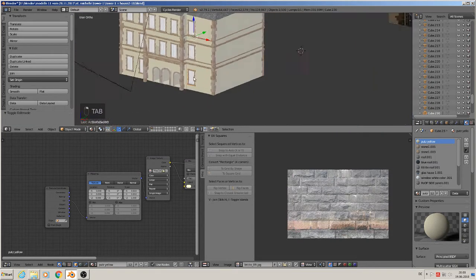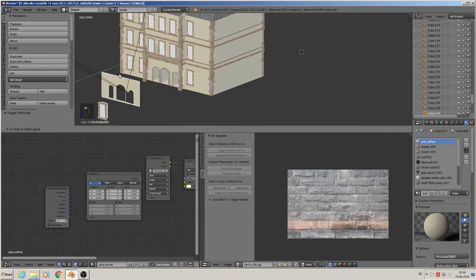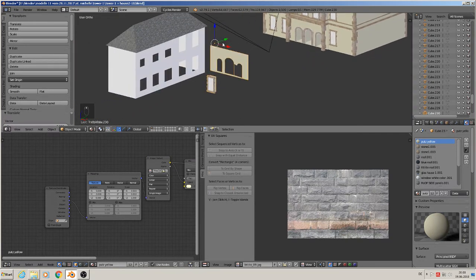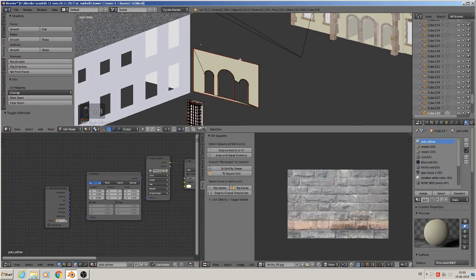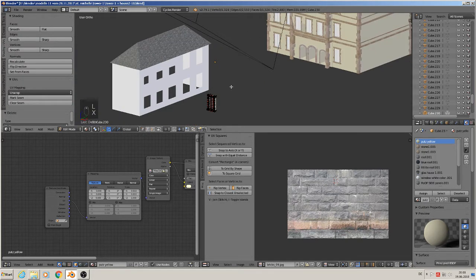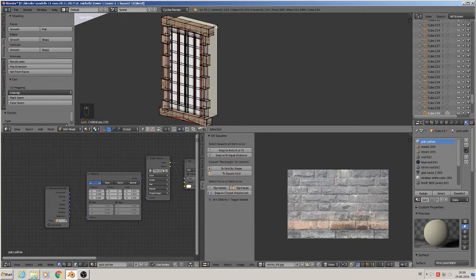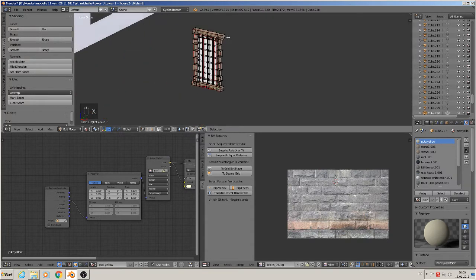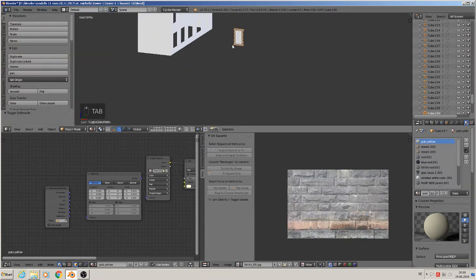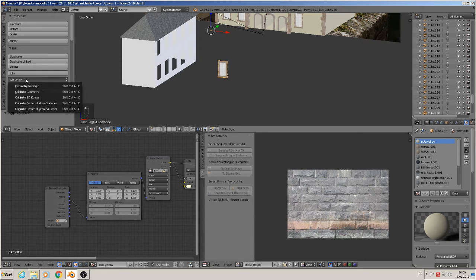So I have the window itself and a little bit more, but that isn't a problem. We mark that with L, X, delete words. So we have that, and we don't need this back part, so we delete it, delete words. So we have only the window there, and because we have too many words,